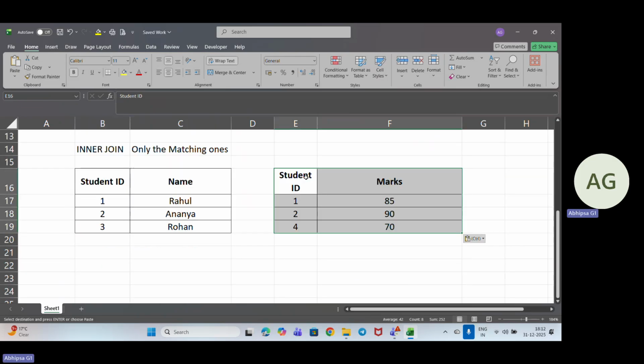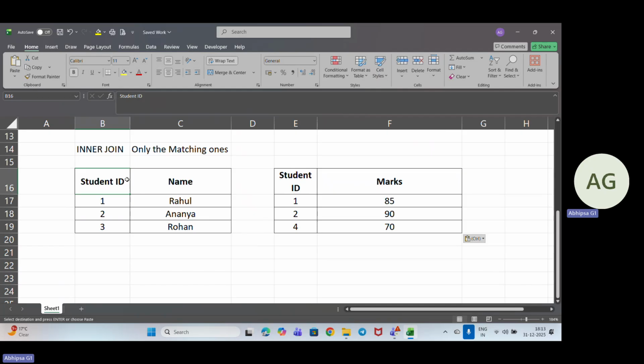Now this is done. Basically, what we want to understand here is what this inner join actually does. The very first thing, as I mentioned, is that inner join means only the matching ones. It will only show the matching ID, because we have the student ID as the common column in both